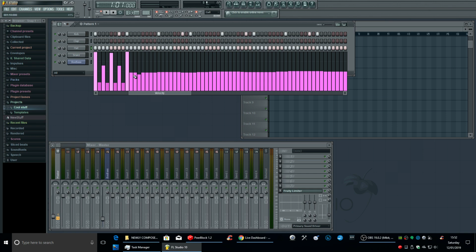We'll get this right. My brain's not working very well at the moment. It always does this with music. So 1, 2, 3, 1, 2, 3 in between, 1, 2, 3 in between. So that one wants to be full. That one wants to be full. That one. That one.